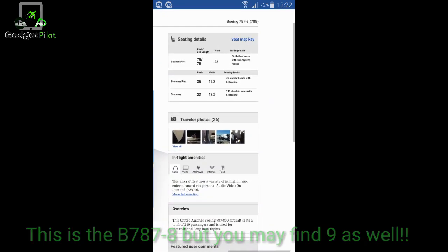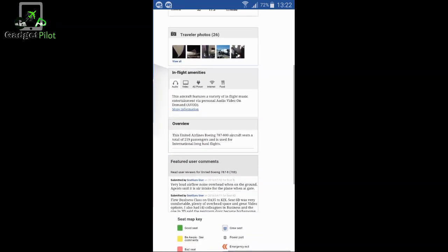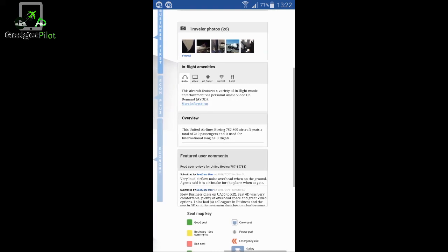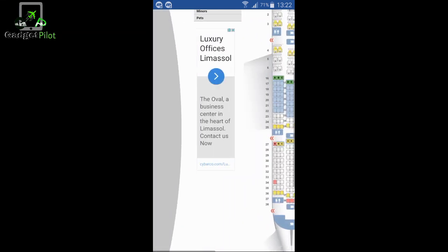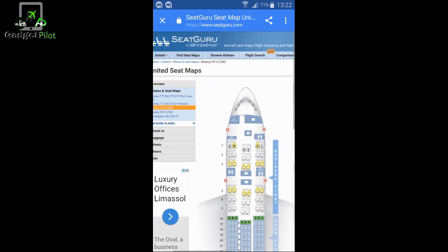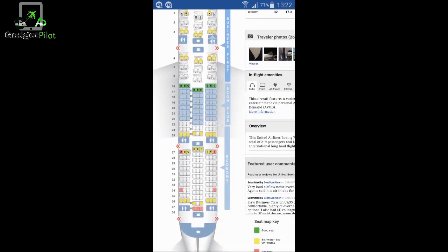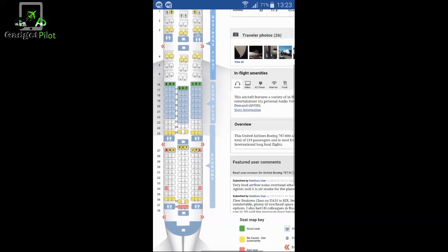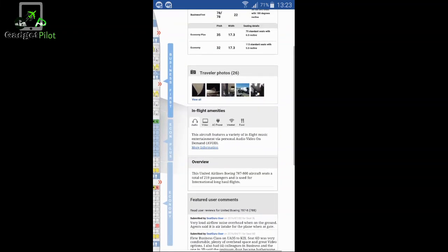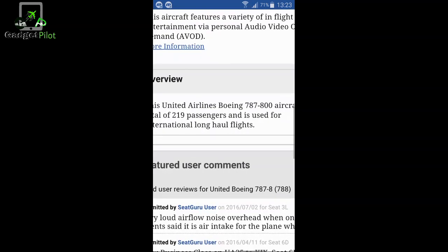And as well, if you check the overview, it says the total United Airlines Boeing 787. This is the 8 series, guys. I accidentally pressed on the 8 series, so it doesn't matter. You can also find the 9 series at the same place, just below that. For example, the 8, you can see Boeing